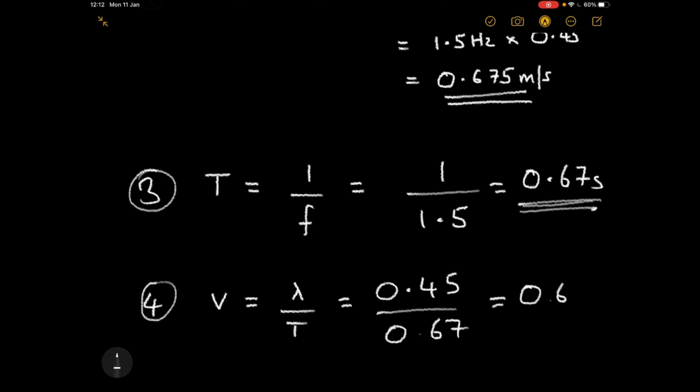Which again, we get 0.675 meters per second. So doing it that way, you get exactly the same answer. Just be aware that if you do 0.67, you'll have rounded slightly because it's one of those horrific never-ending numbers in your calculator. But that's how we use the equation, and it's just various different setups of picking out the information in different ways and